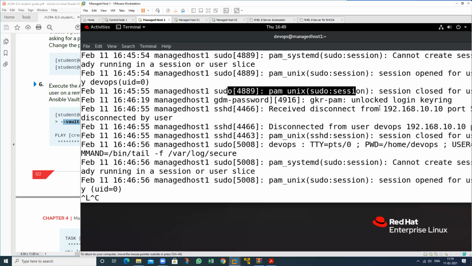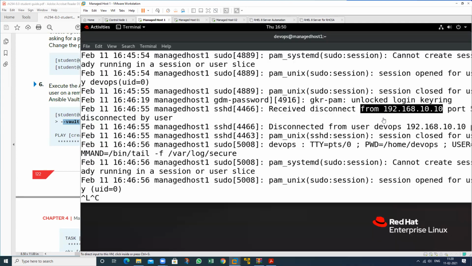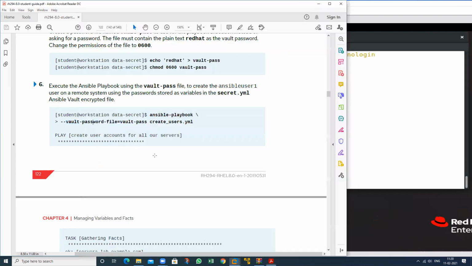By which particular machine? From this machine. So it will take the session, then automatically disconnect after the completion of the task, because from this machine I have performed the task on that machine. So all the logs will be generated, and we can see them anytime. So this is the whole concept. This exercise has been completed.